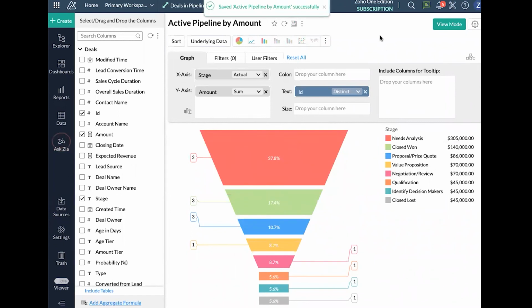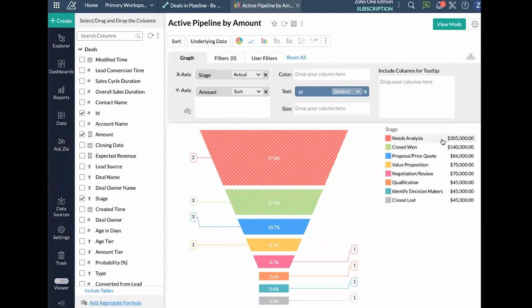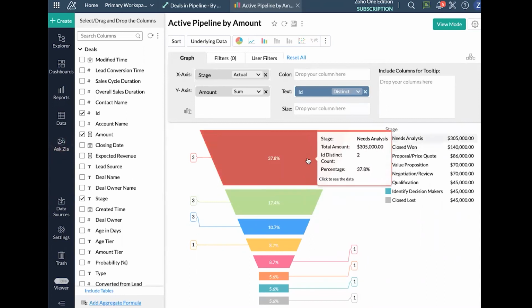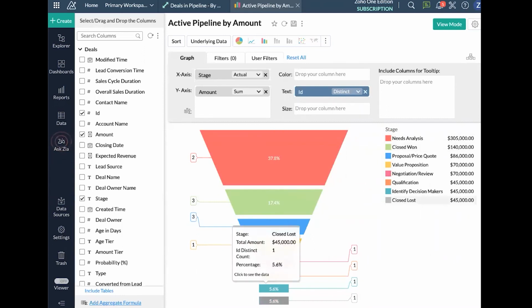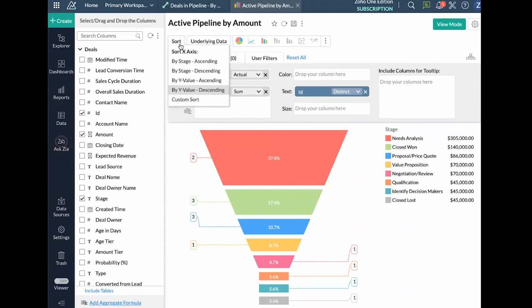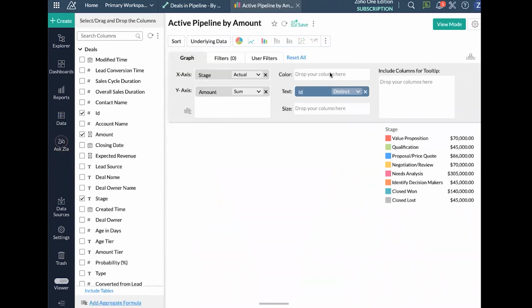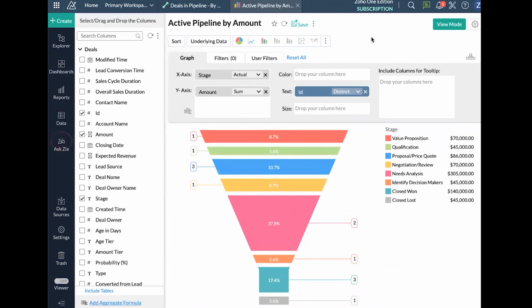It's definitely close to what we want, but what you may notice is that it's not sorting in really the proper way here. Its default is going to sort based on the amount that's in each of these from top to bottom. But we don't really want closed one at the top of our pipeline. That should be somewhere down near the bottom. So we're going to go up here to the left and we're going to change our sorting settings. We'll see here right now, it's looking at our Y value descending. Maybe we want to change it to our stage descending